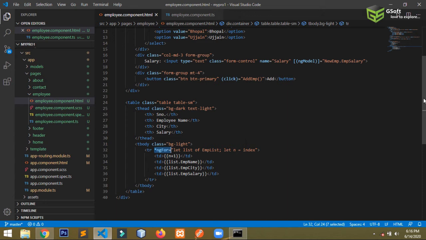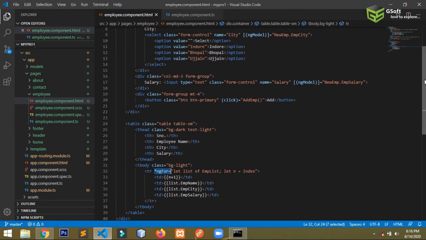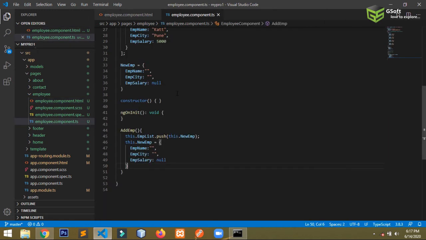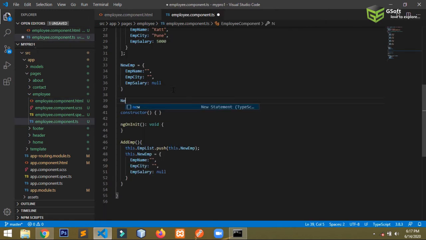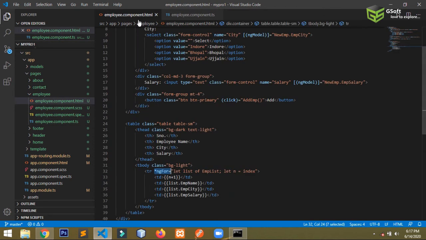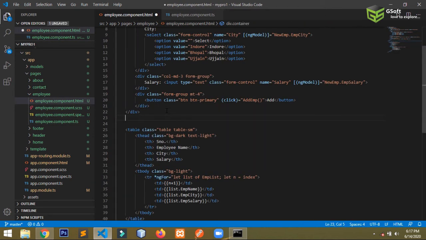So now let me show you how to put logic on your HTML part. Suppose I have created a new property here with the name empName, I will leave it blank here, and I want that it should show this employee is, and I want the name of the employee here.